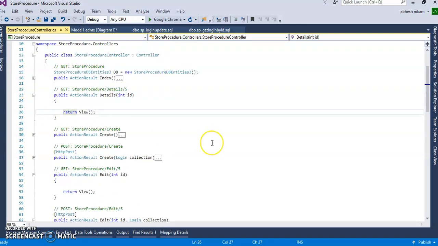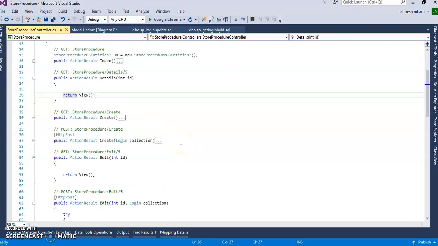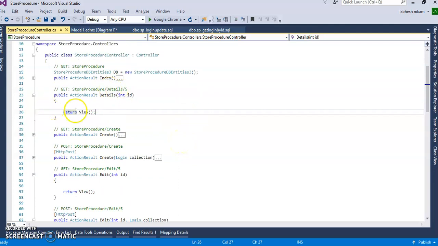Today we will see how to update the data. When we go to update the data, first we have the interface to update the data, so we want to fetch the records and display them first. For that I need these Details and Edit HttpGet methods. In the Details I have passed the parameter id, so I will fetch the row. How will I fetch the row?